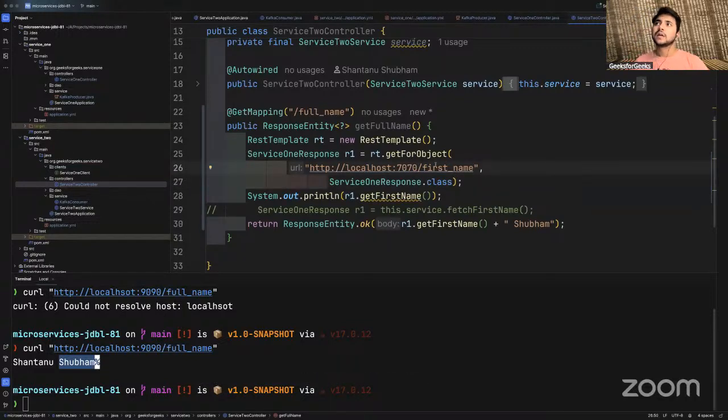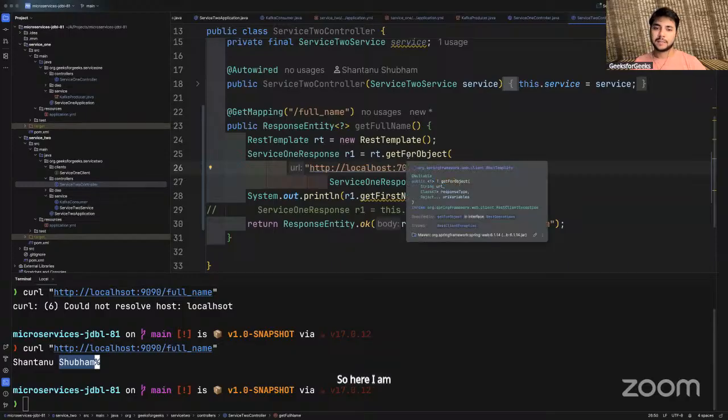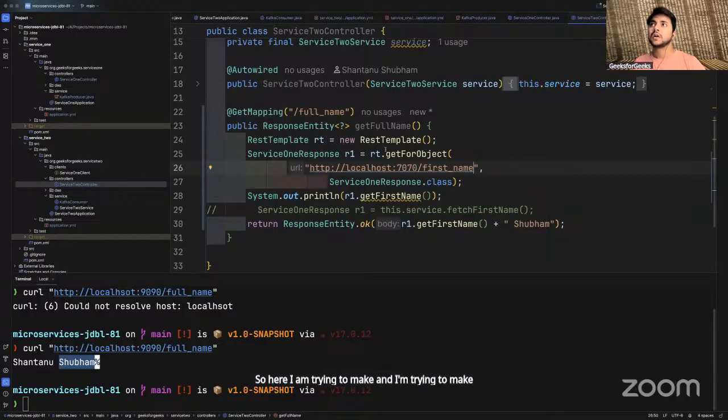So here I am trying to make an API call to localhost 7070, which is my service one. And on that URL, I'm trying to make an API call to slash first_name. This API call will happen, and then I will get my response.